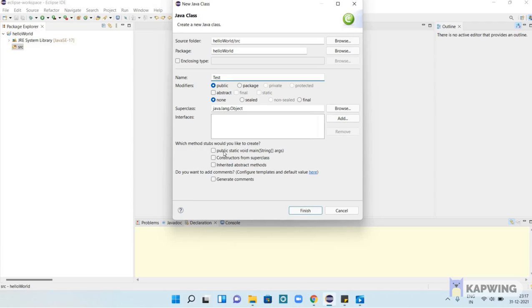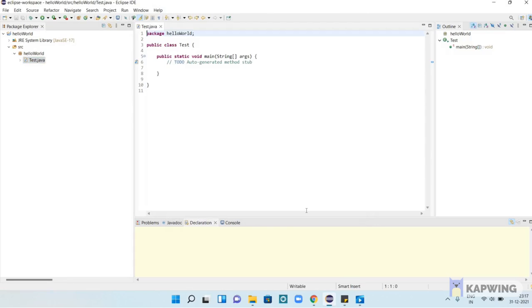Our class name is test. Here you need to select this one, because we are using the public static void main method. The signature we already have. Package name is hello world, class name is test. Inside the main method we need to print hello world, to check whether Java is working absolutely fine or not.